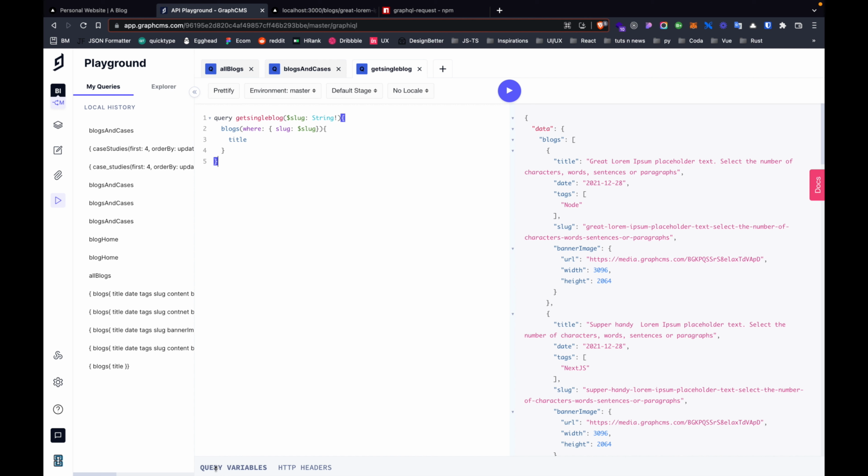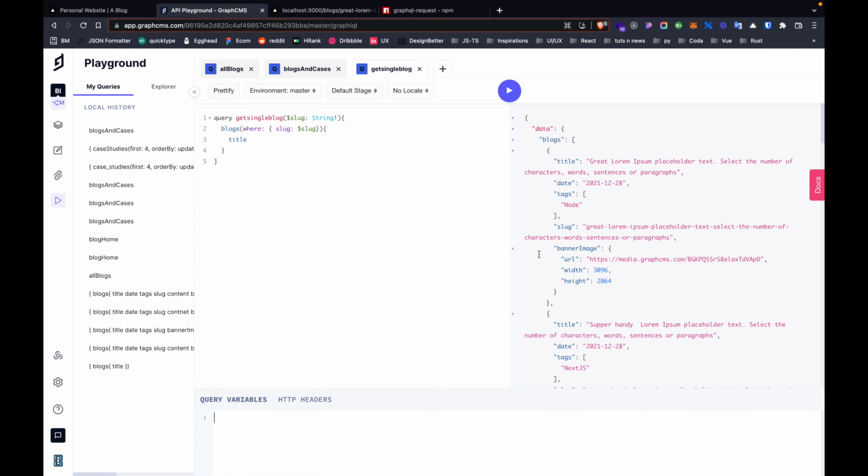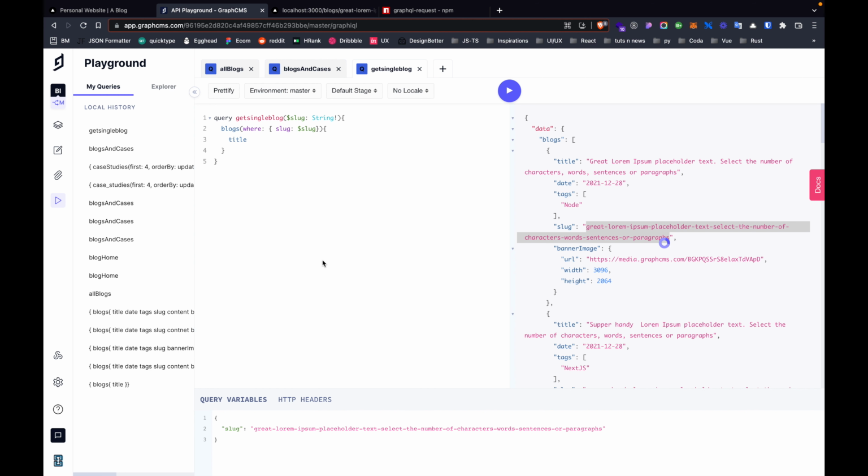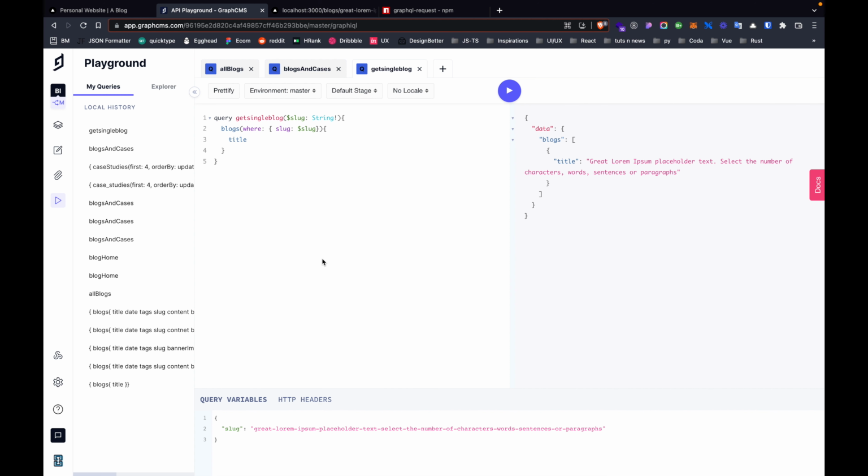So we will just move to our query variables, and inside here let's add a slug, and the slug is this particular name, right? Let's grab just the title of it. So if we hit play, then that's it. So we got the title of this particular slug that's passed in, right? And this particular slug is a string, and that slug is passed into the slug where we are returning just